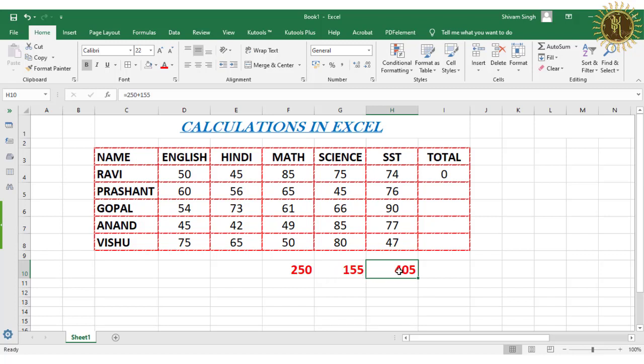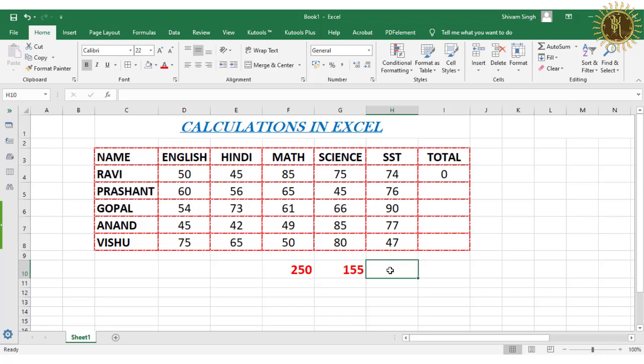Now previously we have studied about cell address. So now we will add according to the cell address. Delete this, and you can see what the cell address of this cell is. We can see here, this is G10 and this is F10.